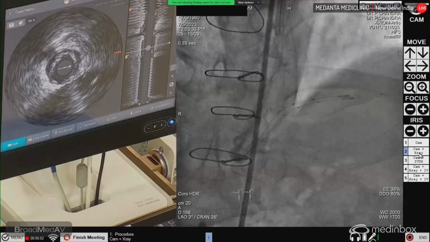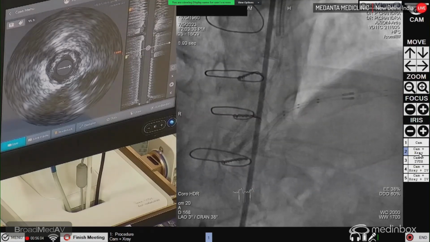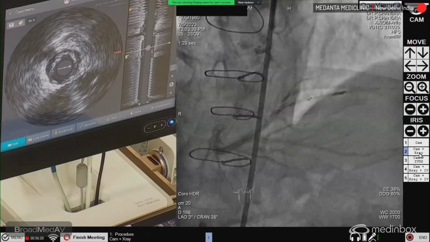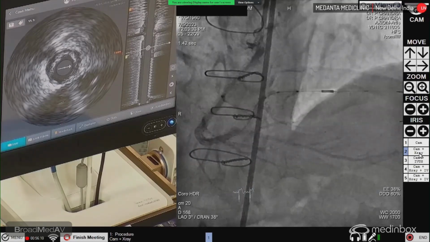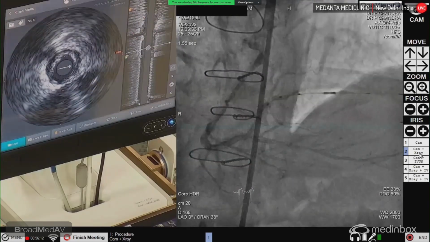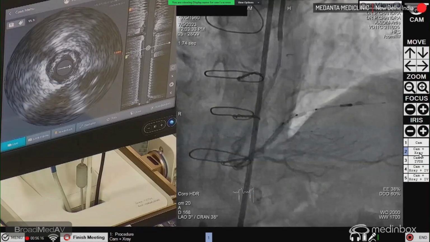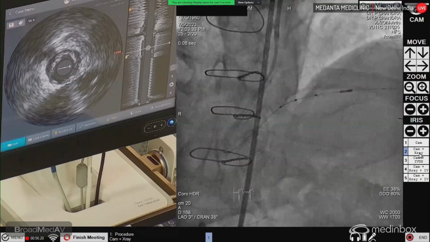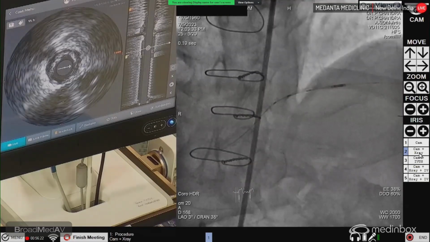I think we can do some more dilatation. Not required, I don't think it's required. Yeah, because the IVUS catheter has gone quite deep inside, which means we should not be having any problems while we are doing the stenting. 44 or 32? No. We need a 2.5 into 32 will be short. No. So we can only take a,